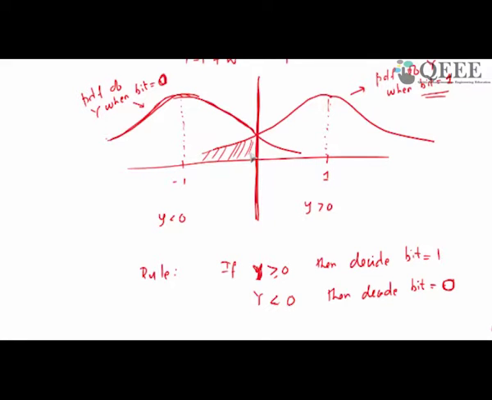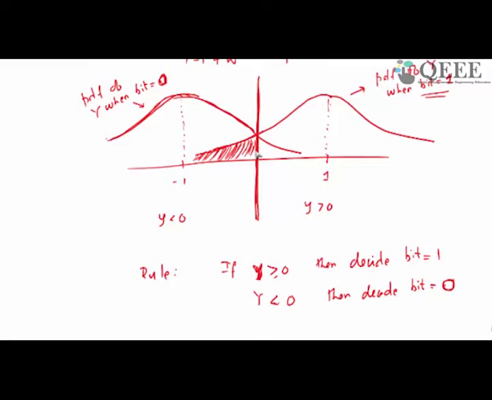your observation is negative. Okay, so for instance in this PDF, this is basically the region in which, even though the bit is 1, your observation can become negative because you are adding Gaussian noise. So Gaussian noise exists from -infinity to +infinity. Sometimes after noise addition, 1 plus noise might become negative. So in that case you will decide bit equal to 0. So it is an error, right? So basically the error depends on this probability.